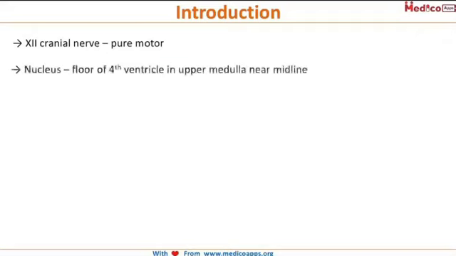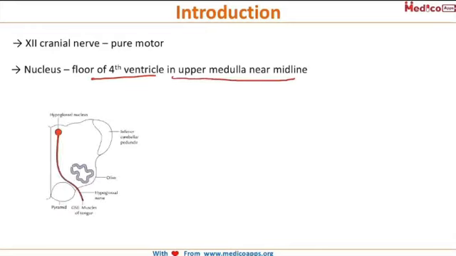The nucleus of the hypoglossal nerve is present in the floor of the fourth ventricle, that is in the upper medulla towards the midline. Here is a diagram showing that. Here we have the hypoglossal nucleus in the floor of the fourth ventricle near the midline in the upper medulla. From there the nerve is passing